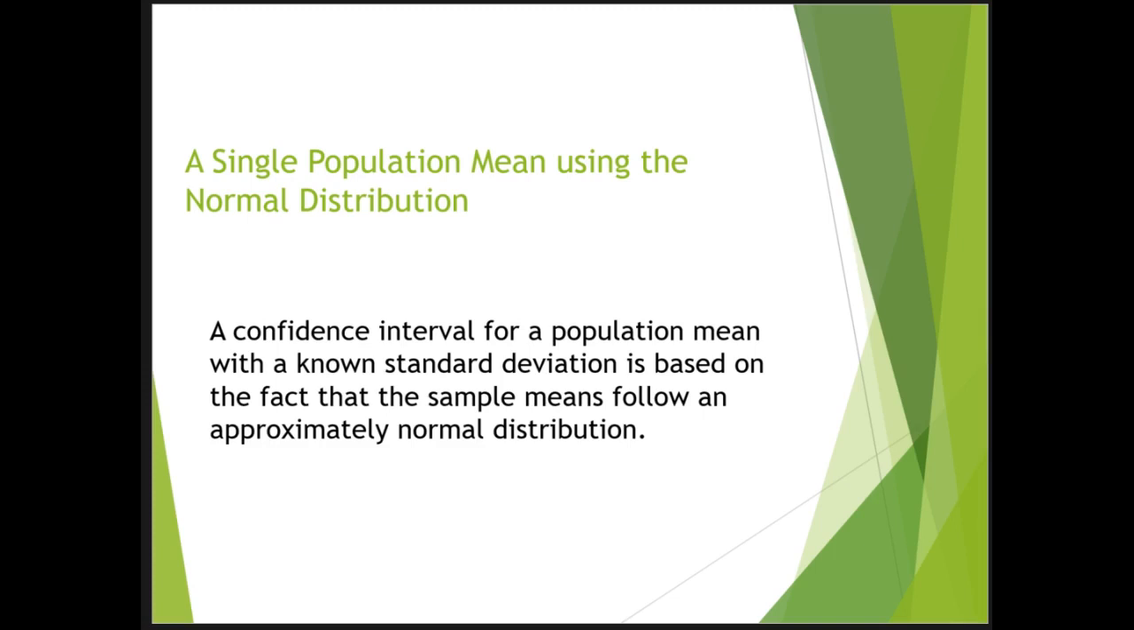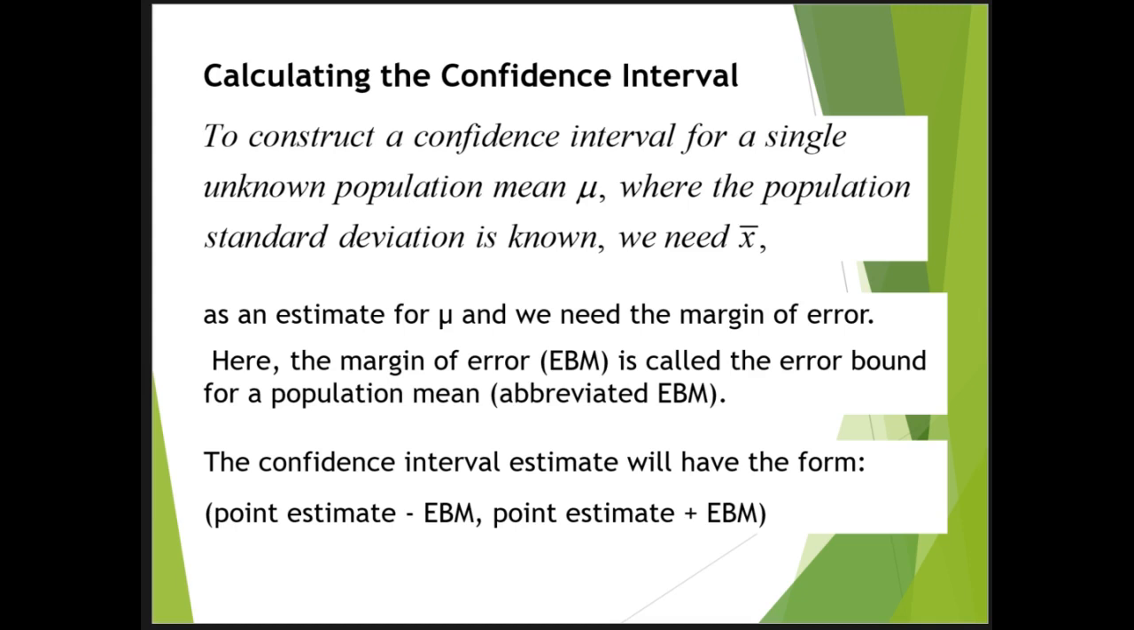Now we're going to take a look at a single population mean using the normal distribution. A confidence interval for a population mean with a known standard deviation is based on the fact that the sample means follow an approximately normal distribution. When we want to calculate the confidence interval for a single unknown population mean, mu, where the population standard deviation is known, we need the sample mean as an estimate for mu, and we need the margin of